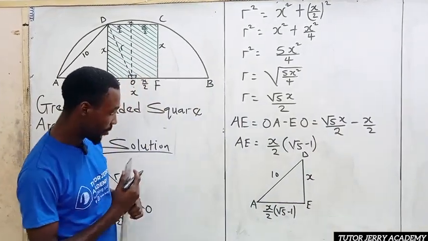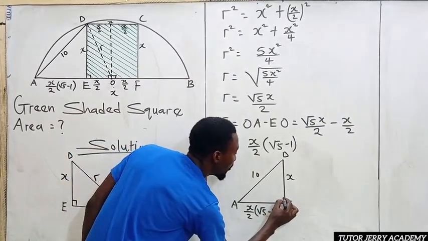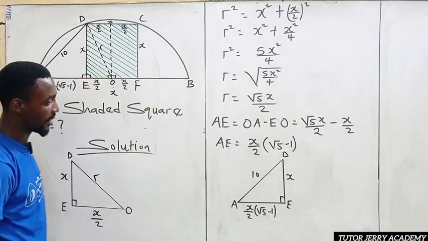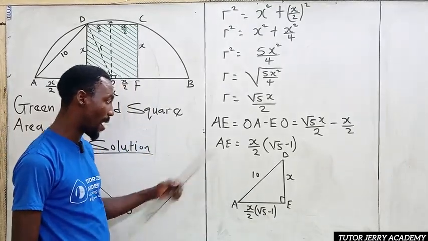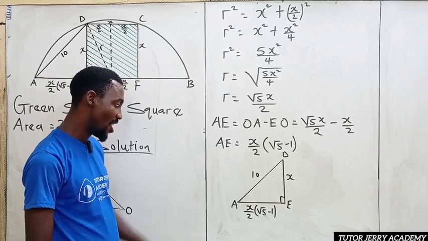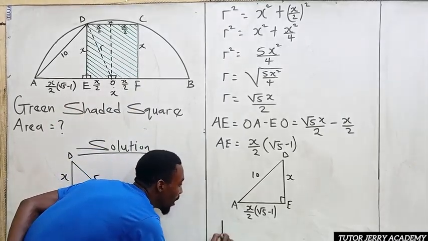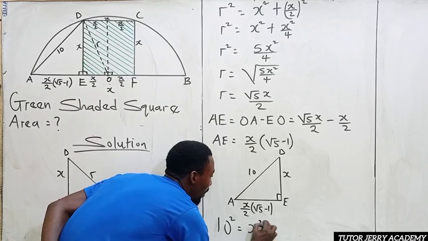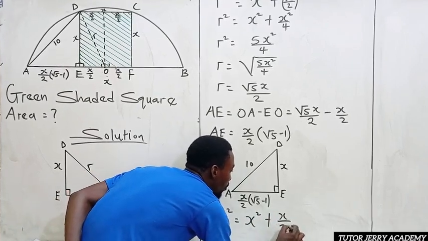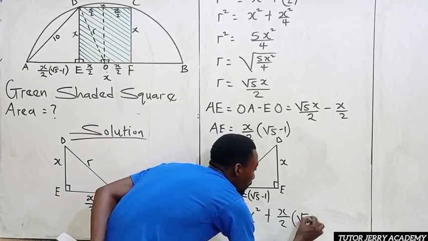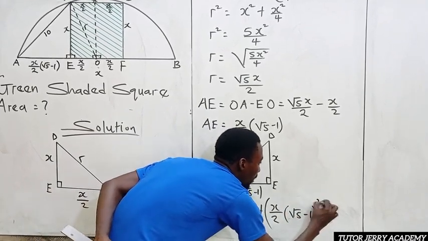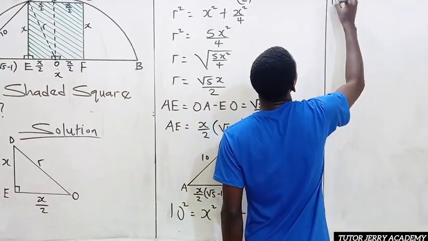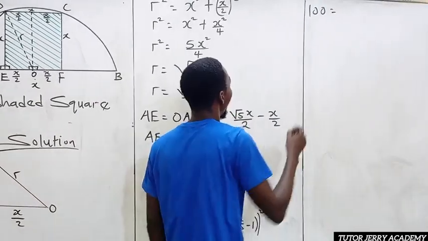Alright, so then we are going to have our right angle triangle here, because here is going to be a 90, sum of angles on a straight line. Now this is our hypotenuse side. So if we apply our Pythagoras theorem here as well, 10 squared will be equal to s squared plus x all over 2 into root 5 minus 1, all square. This one is going to be 100, so 100 will be equal to s squared